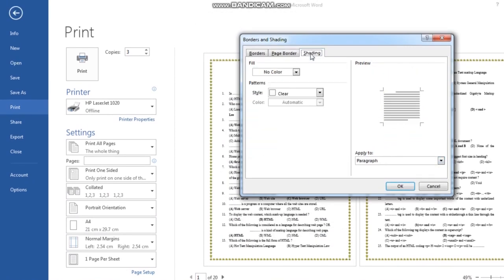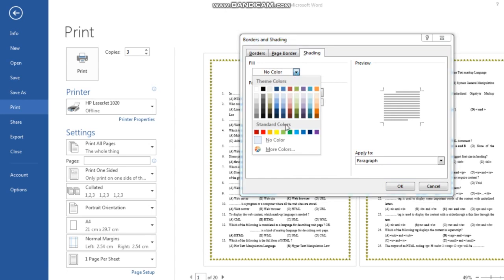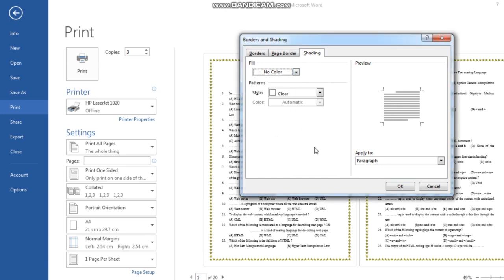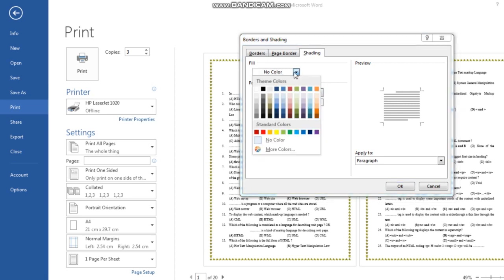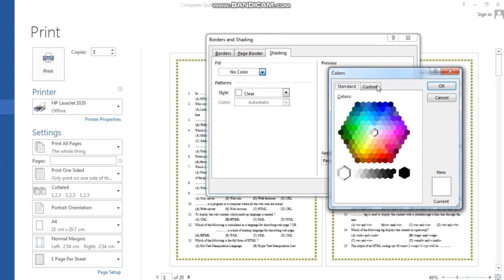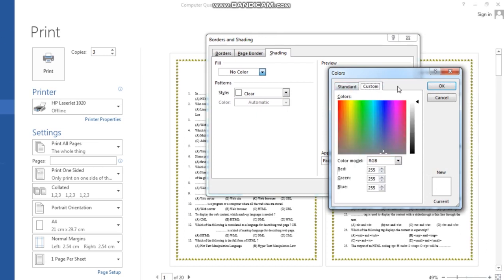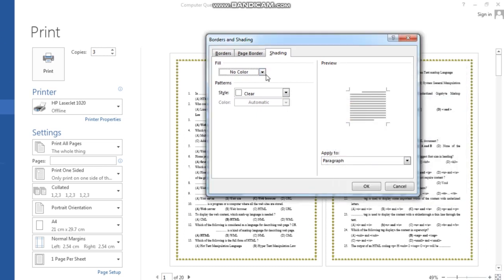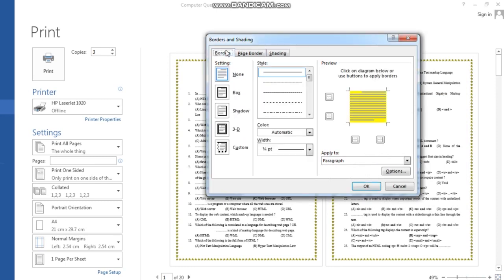Now shading, if I want to give it in the page, no color is given. I select a color, then the page will be filled with that color. Style also I can set from here. Okay, so border and page settings I can give from here. I can select any color of my choice. For example, I select yellow color. Okay, so border, page border, these all things I hope are